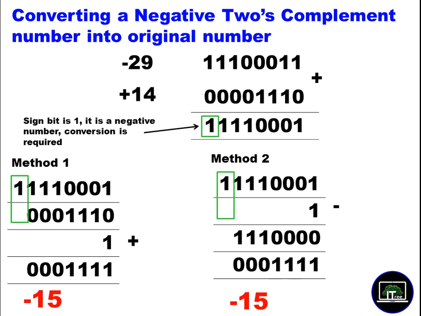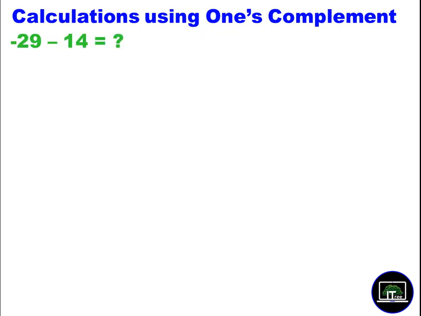You can follow one of these methods, but I prefer the first method. Normally the computer will also use the first method. So this is very simple. Invert the number and add 1, or else deduct 1, then invert. You can use one of these methods to convert a negative 2's complement number into the original format. We get one more question.